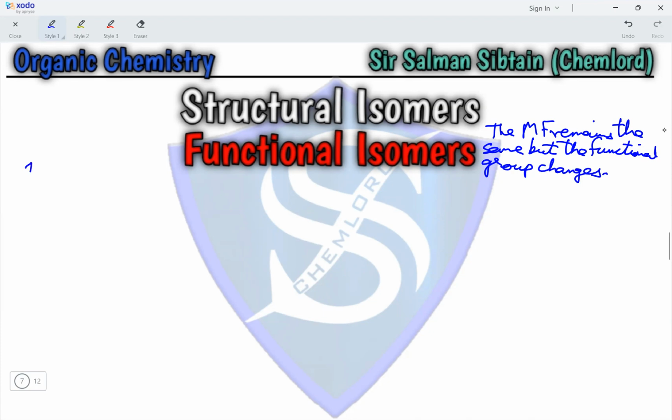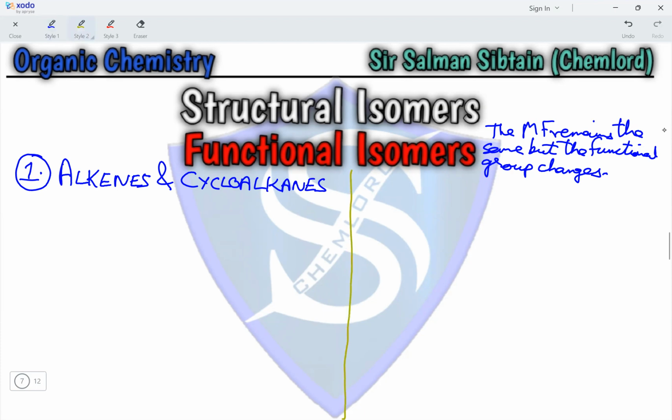So let's begin with the first set, which are alkenes and cycloalkanes. Now, alkenes and cycloalkanes are functional isomers because they've got the same molecular formula, but they have different functional groups present. So the molecular formula that we will take would be C4H8,